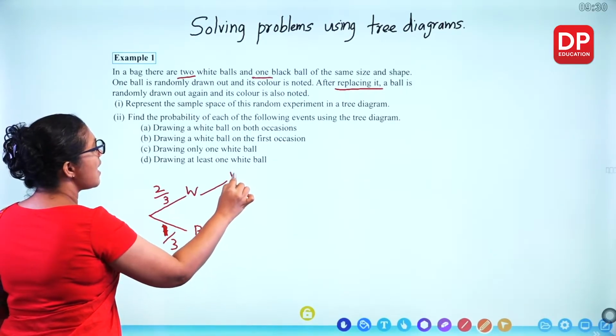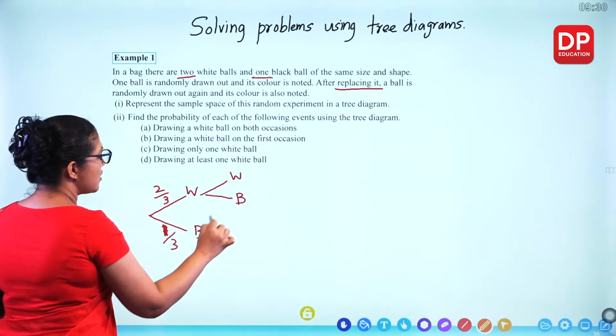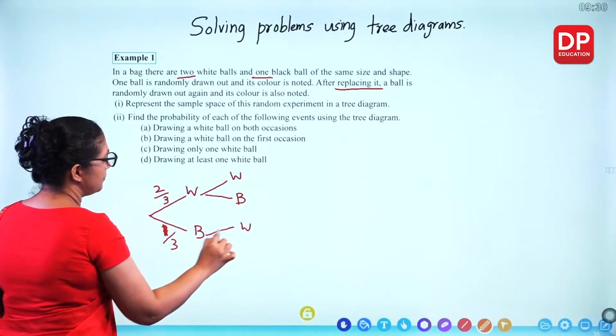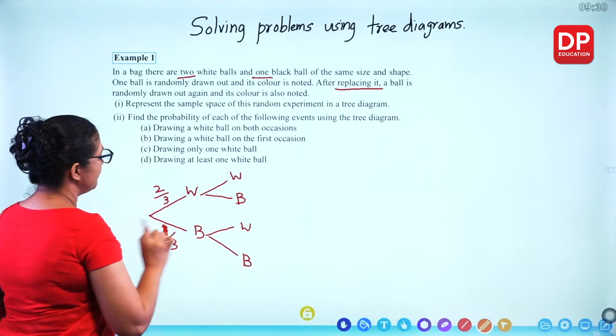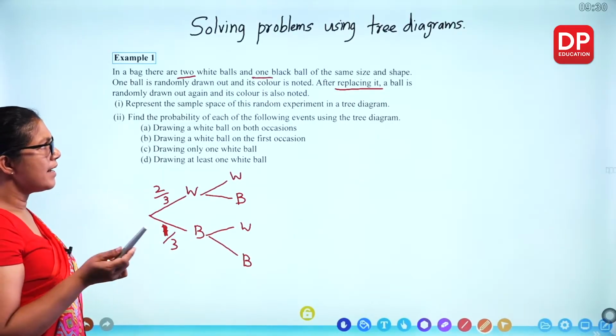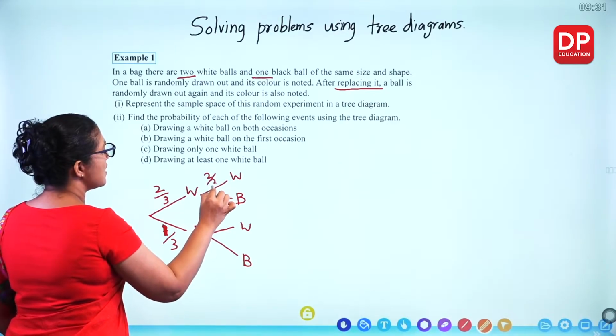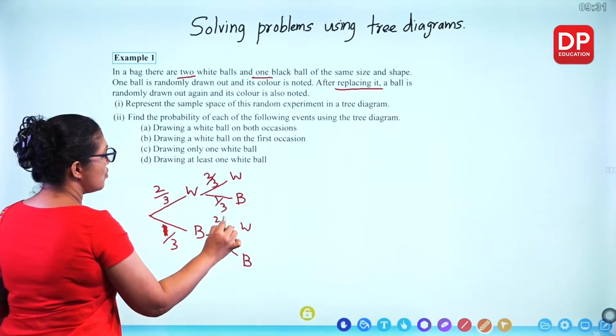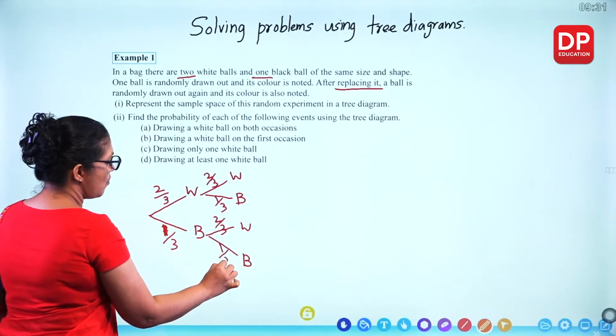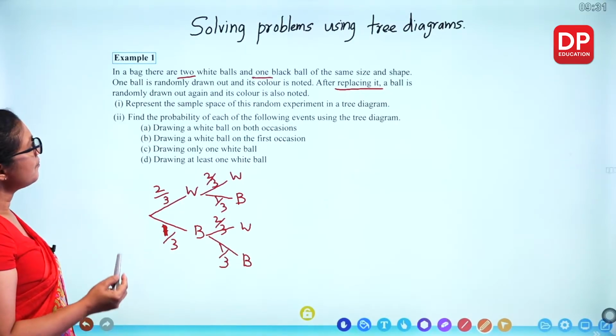Then the second time you can get white or black. So this is independent, the probabilities are not changing. So 2/3, 1/3, 2/3 and 1/3. Now